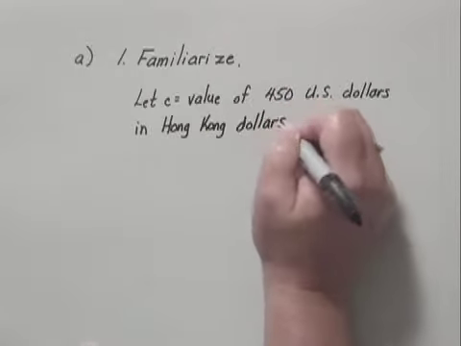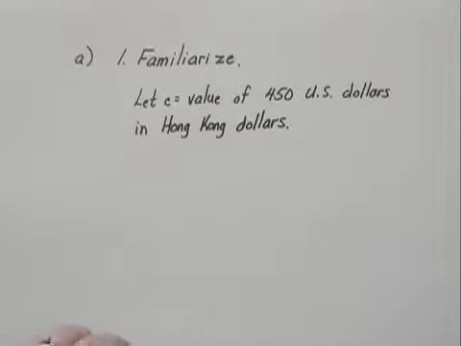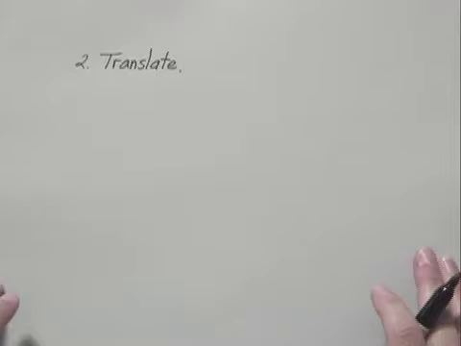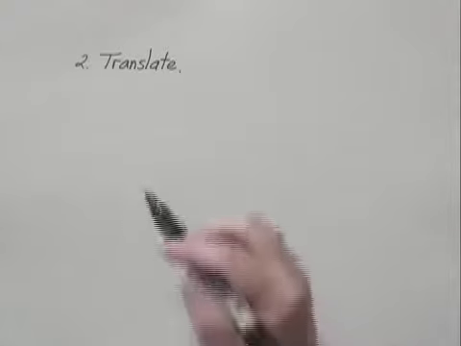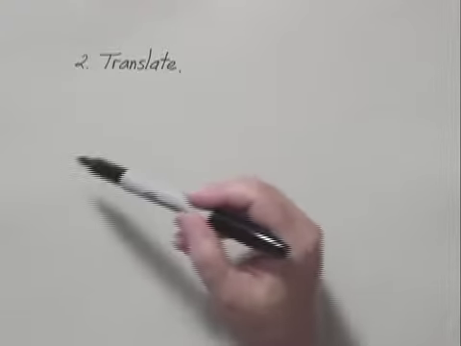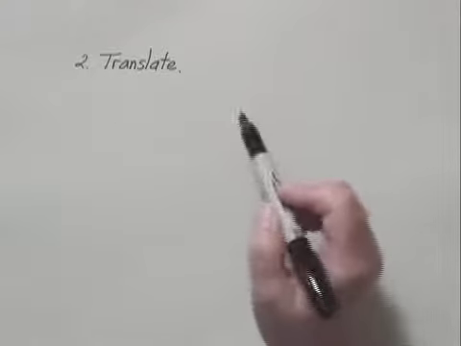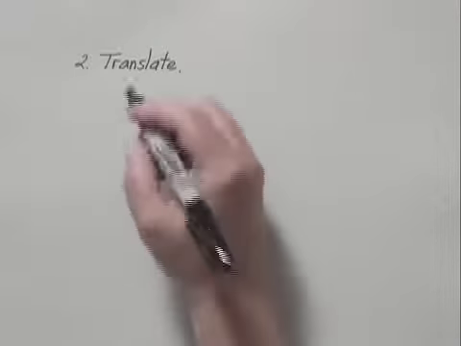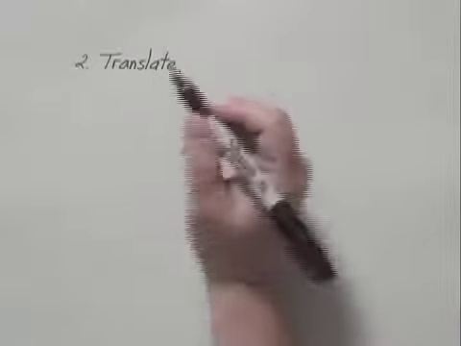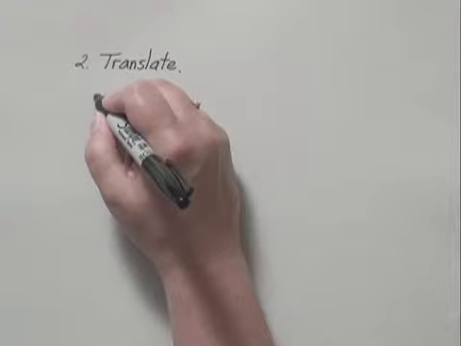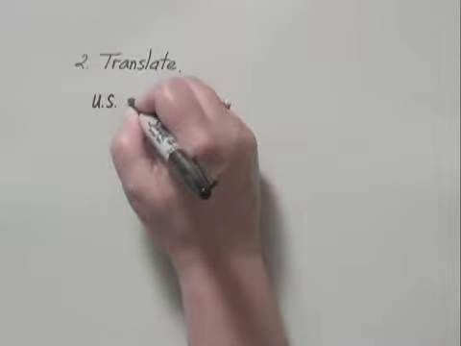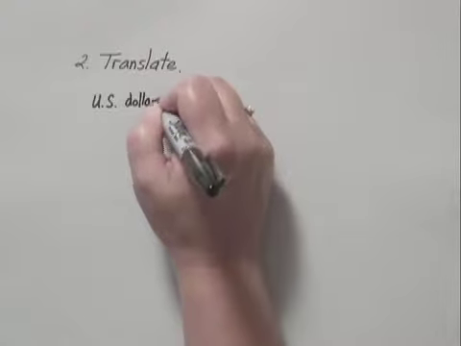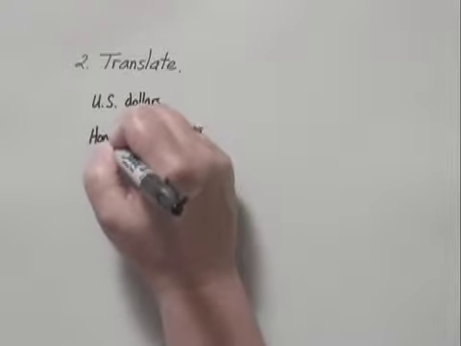Now in step 2, translate, we'll be translating to a proportion and solving this using proportions. Now the key to proportions, when you translate, is to get the same unit in the numerator on both sides and the same unit in the denominator. So we're going to be comparing US dollars to Hong Kong dollars. So let's just write that on both sides. We have US dollars, Hong Kong dollars,